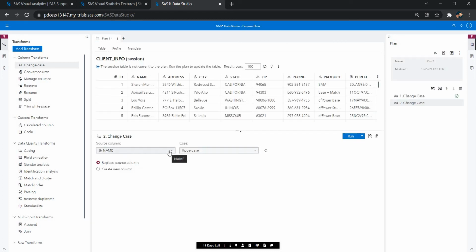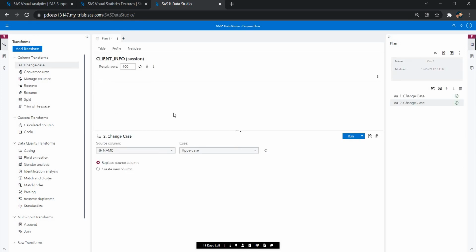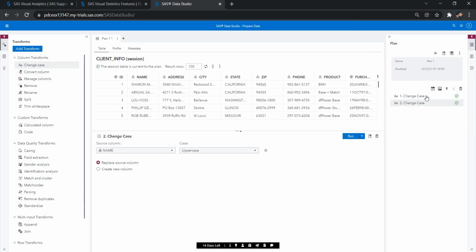Now this is my second change; for the name I have done. For the name also I want to change, so you need to click on the add transform. I didn't click on the add transform, that's the reason it's showing only the one here. So now I click on the add transform. Now this is my second step. First step is name transform, then we have the state transforms. So both steps are done.